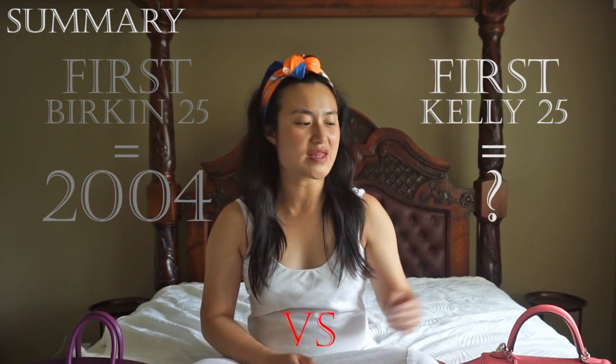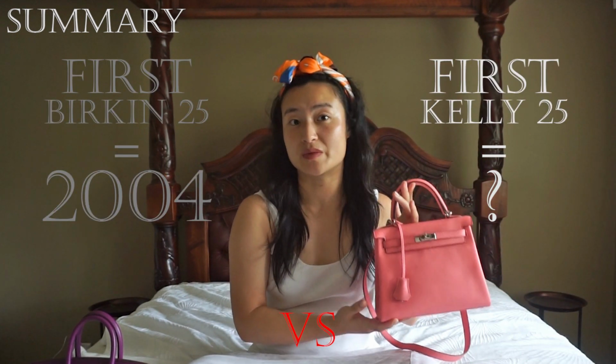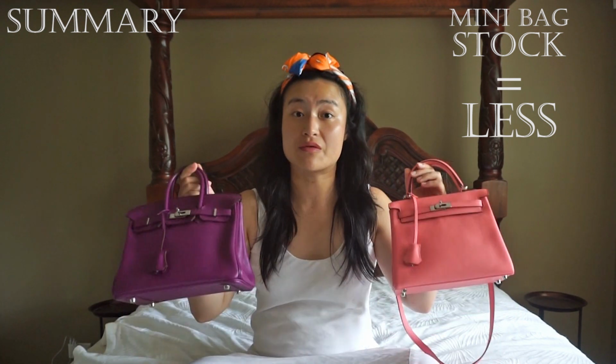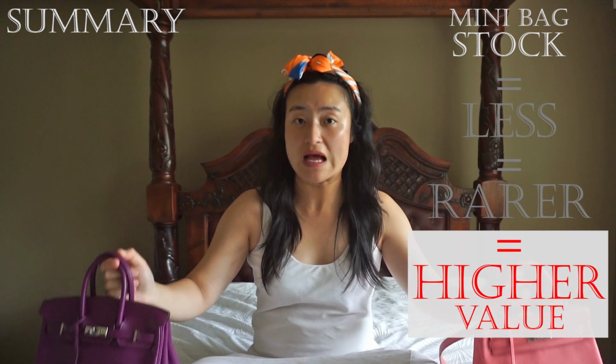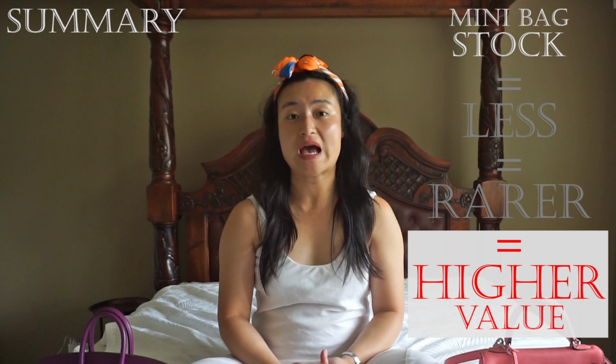Finally, since Hermes introduced the smaller sizes at a later date, I actually don't know when the Kelly 25 was launched, so if you do have this information, please share it below. It does mean that stock for the mini bags is lower than that of the larger sizes. So as a result, they're rarer, which means they're more valuable as investments for collectors and valuable as a statement